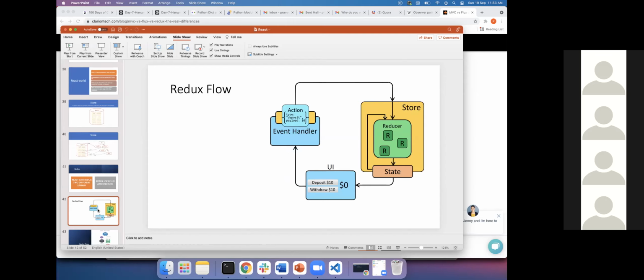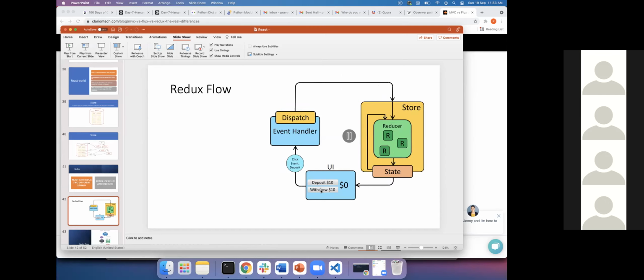Now the store will receive that action as a payload. It is an object, right? The action is sent, and it says I'm depositing, so I'm adding 10 rupees, with an amount of 10 rupees. Then the 10 rupees comes to a part called the store. The store has something called a reducer, which I'll talk about now. Then the store will get updated with a new value and your UI will get updated. Is it clear first?